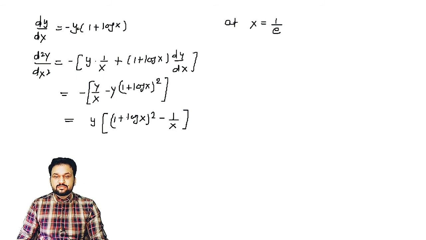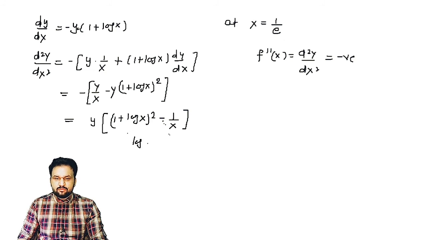So it becomes minus 1, so minus and positive become 0, and if you get a 0 from here and a negative value from here, then the whole result will be negative. It means f double dash x, or you can say d2y upon dx square, is negative at x is equal to 1 by e. You can easily replace. I hope everybody understands.